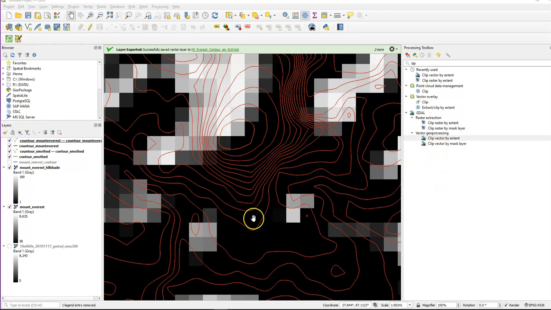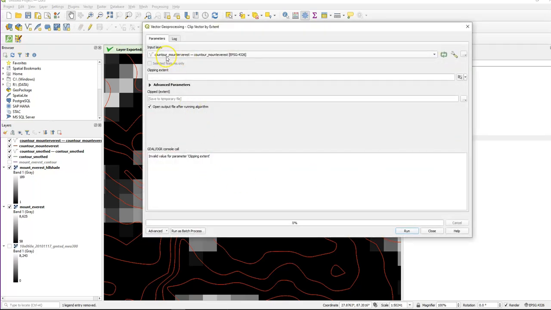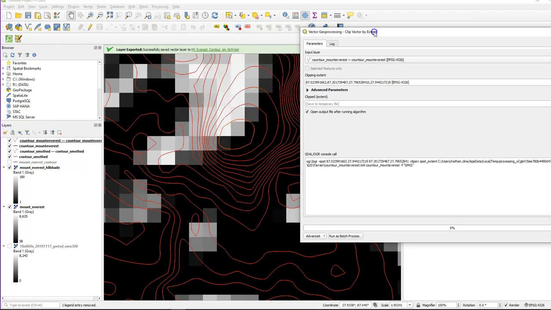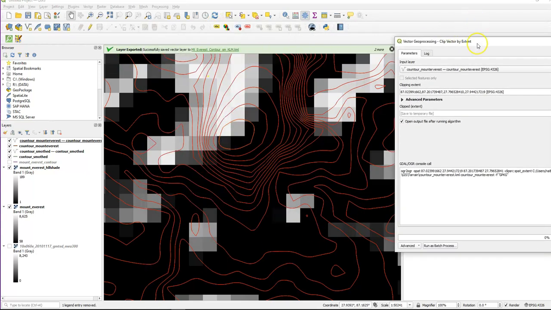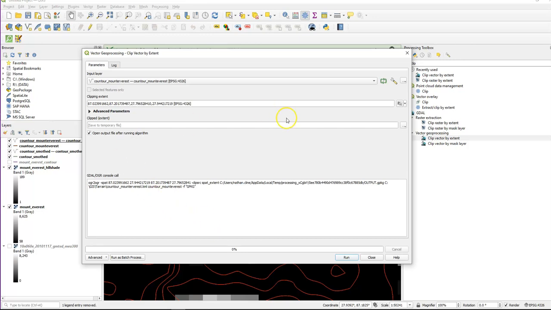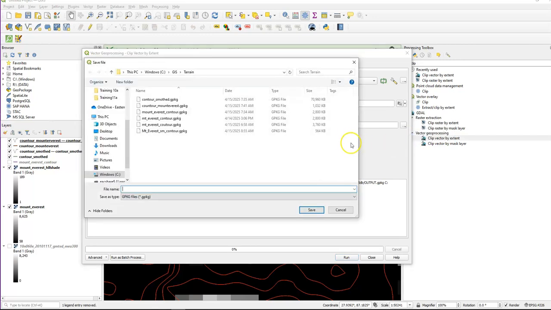Anyway, so you're going to clip this by vector and not by raster. So vector, you're going to double click this by extent. We're going to clip our contour folder. And again, when we do that, we can use this little icon here to set it specifically to what we're looking at on our folder here. So this area that we're looking at. Okay. All right. And then we just choose a file to save it to, click the three dots as usual,